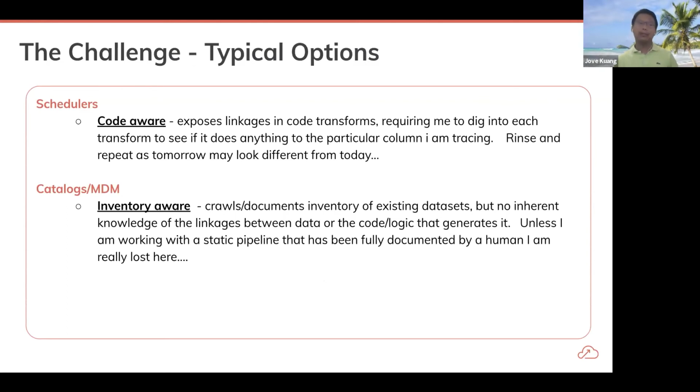If we are to use some tooling, the two kinds of tooling we see on the market are, first, code-aware tools. That means it will tell me how the code and the transforms are linked to each other, which means it will tell me all the scripts that are potentially related to generating that column I'm concerned about.